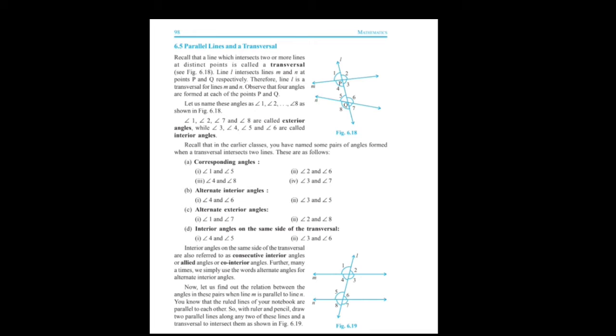Now remember students, corresponding angles are congruent. See, here two lines and one transversal line, so corresponding angles are 4 pairs and all the pairs of corresponding angles are congruent. So one angle here